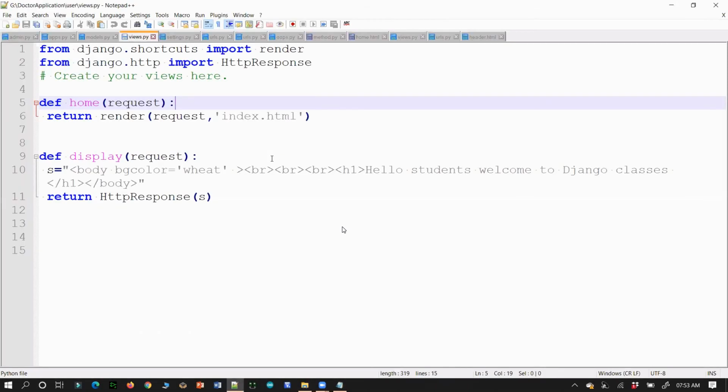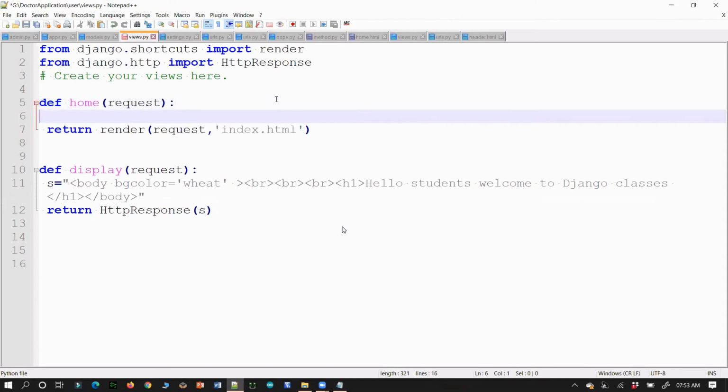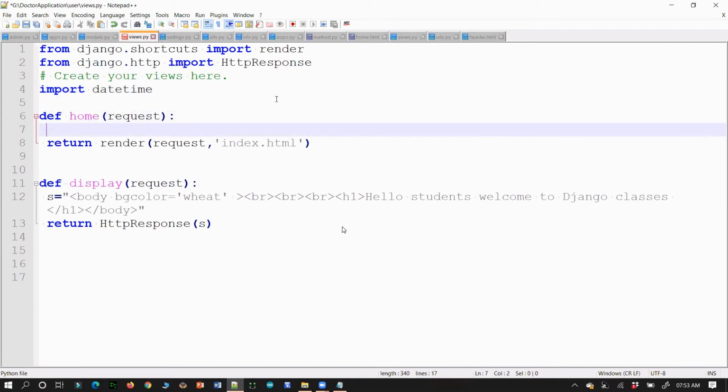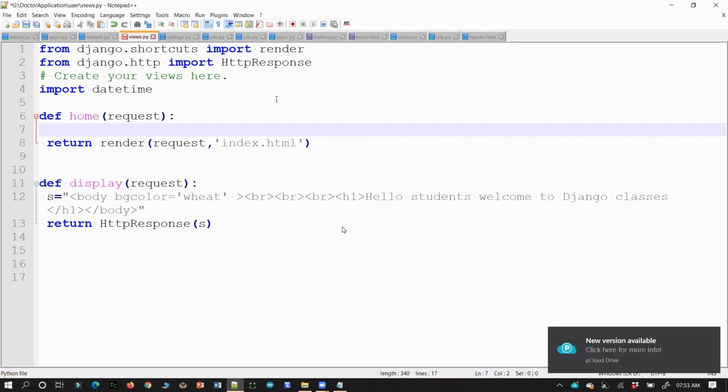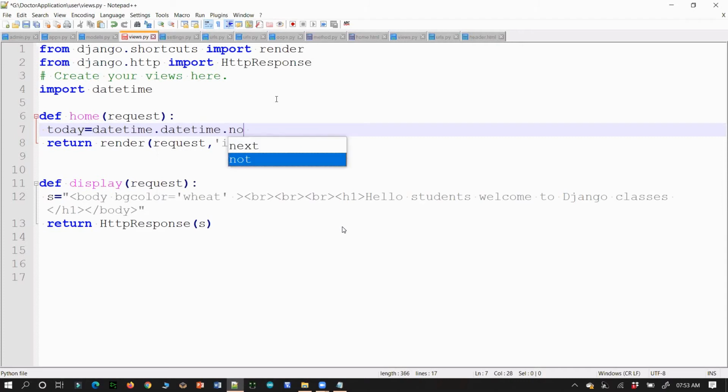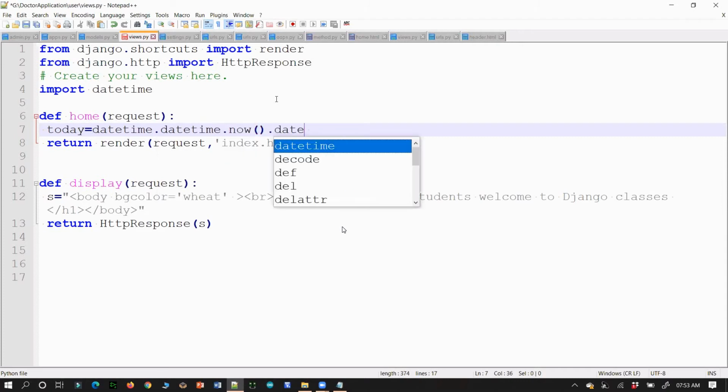How to send a value from here to there? First, I want to import a module. Datetime is a module I want to import, and I want to write today's date. So how to write it directly? We have this datetime dot datetime dot now date,